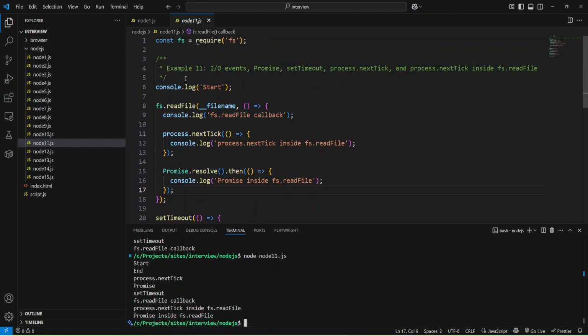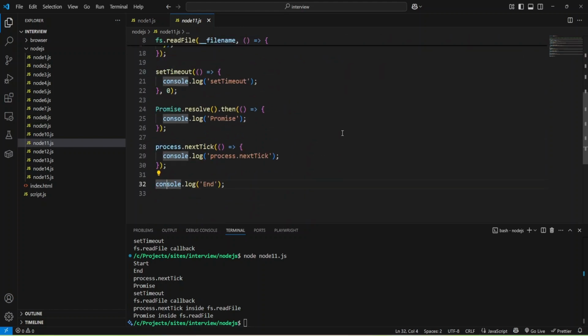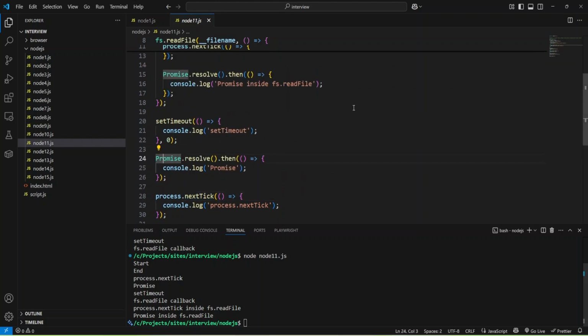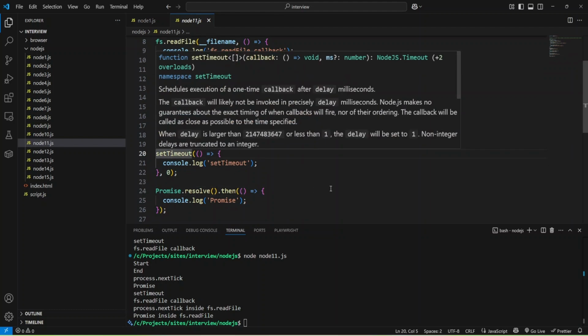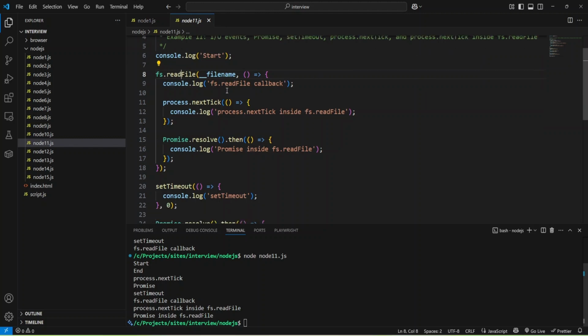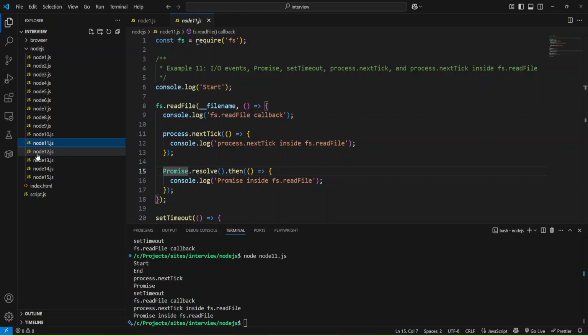Okay, and we have start, then end, and then we have process next tick from the main module, and then we have promise, and then set timeouts for the timers phase, and then the engine started to execute read file, and we have read file callback, and inside this callback process next tick was executed, and only then promise.